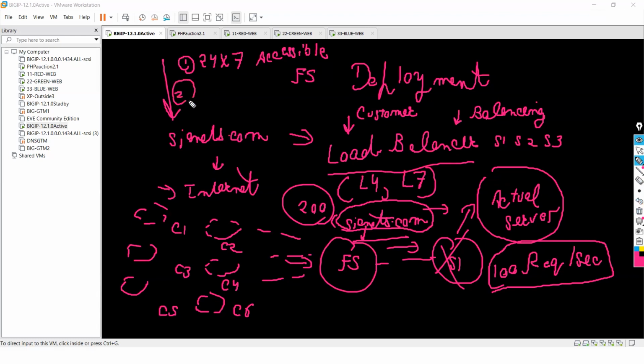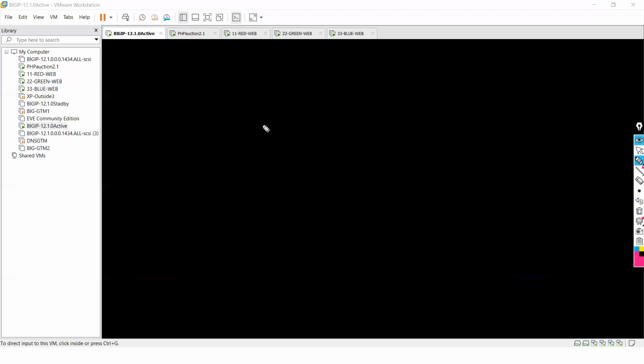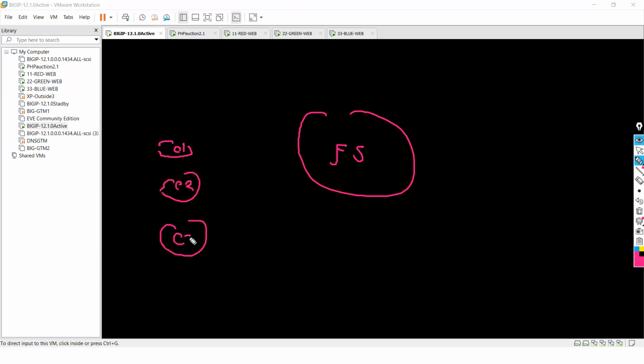Another issue will be slowness. When you have one server that handles the load, there will be a slowness issue, guys. So in this case, what everyone always suggests is to increase servers. So in that, the setup is: you have F5, you have multiple clients here coming from the internet, then you have multiple servers hosting the same application.